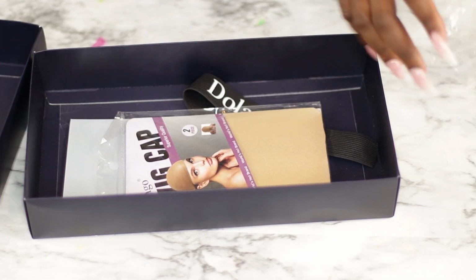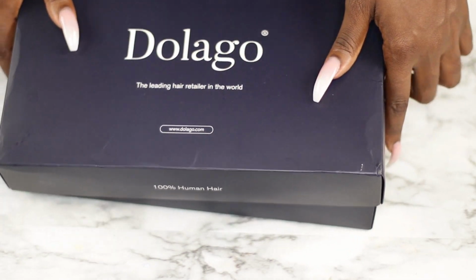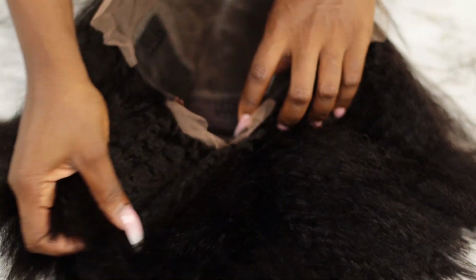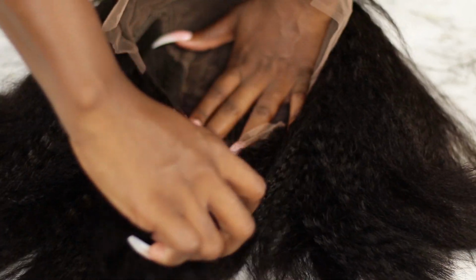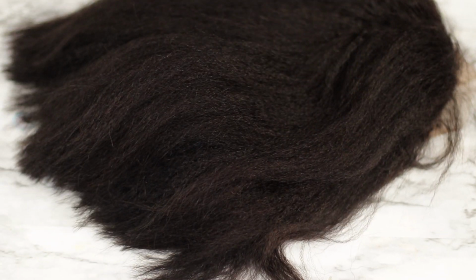Now the reason I don't have the wig in this box is because I was so flabbergasted at the wig. Let me just get it for you. Okay, so here is the wig. I know that I asked for a kinky texture, right? I wanted a kinky texture and I got a kinky texture. It's almost like an Italian yaki type kinky, but I guess I didn't pay attention when they said it would be a bob. I'm trying to figure out what in the world I am gonna do with a kinky textured bob. I'm thinking blowout, but I'm also thinking